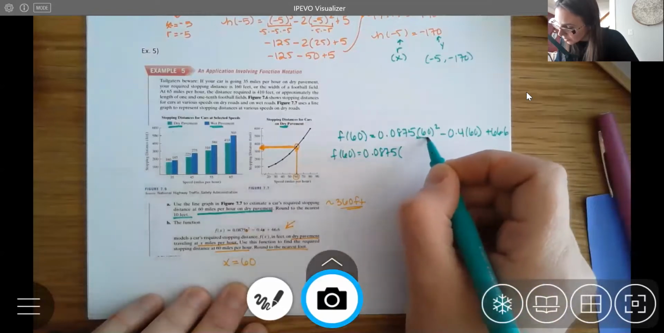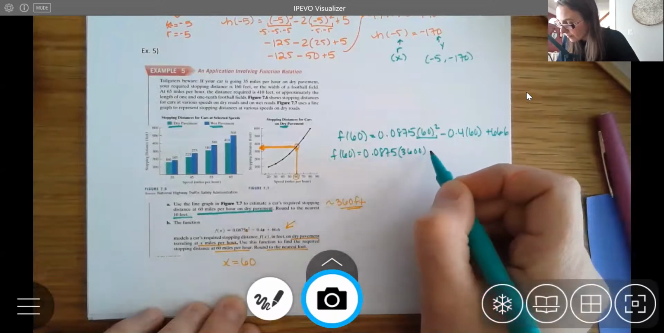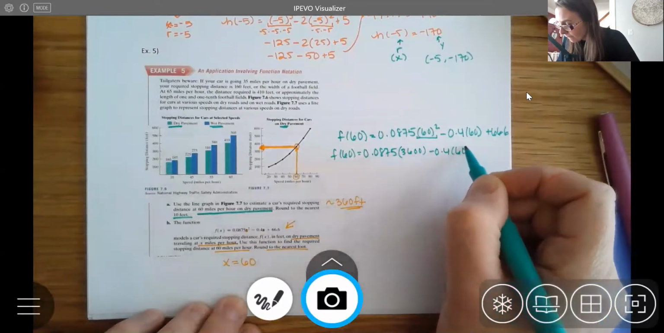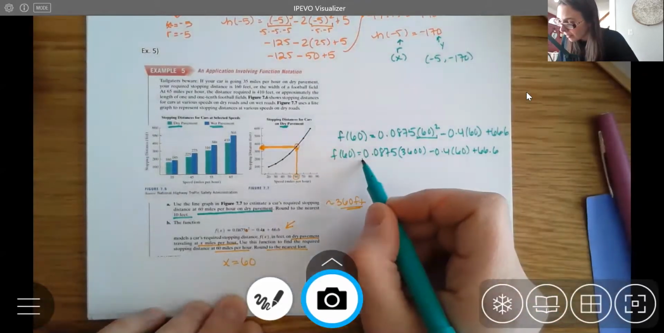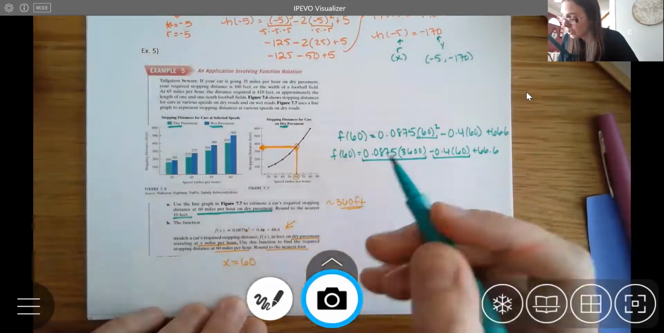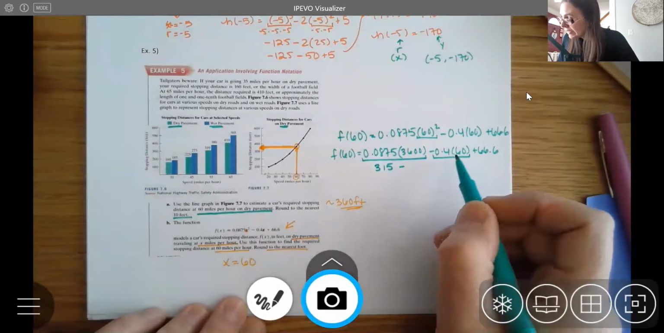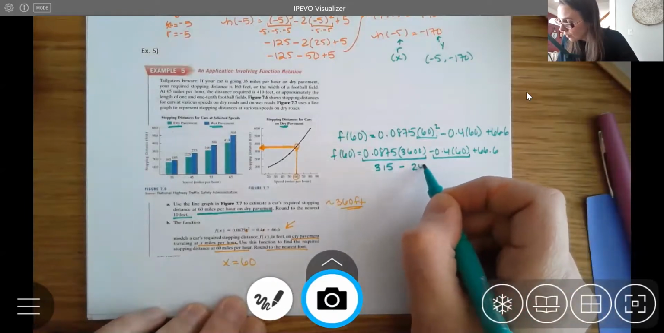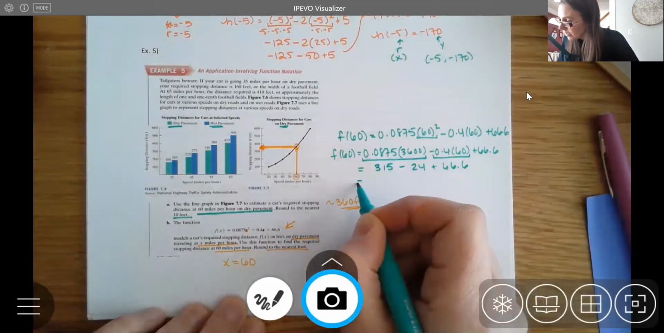Now I'm going to do 60 squared first. 60 times 60 is 3,600. Now I'm going to go through and do my multiplication following order of operations. So my first value when you multiply it out, and you definitely just take out your calculator here, is 315. My second value when I multiply it out is 24. And when I add these all together, I get